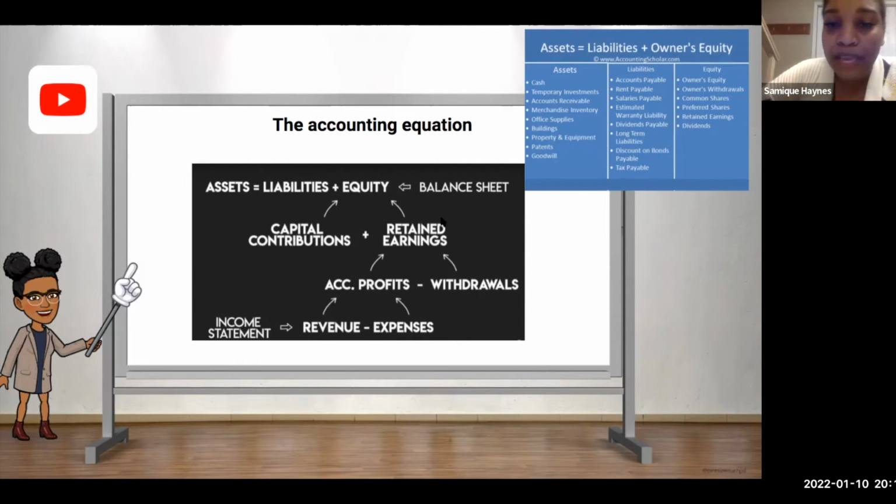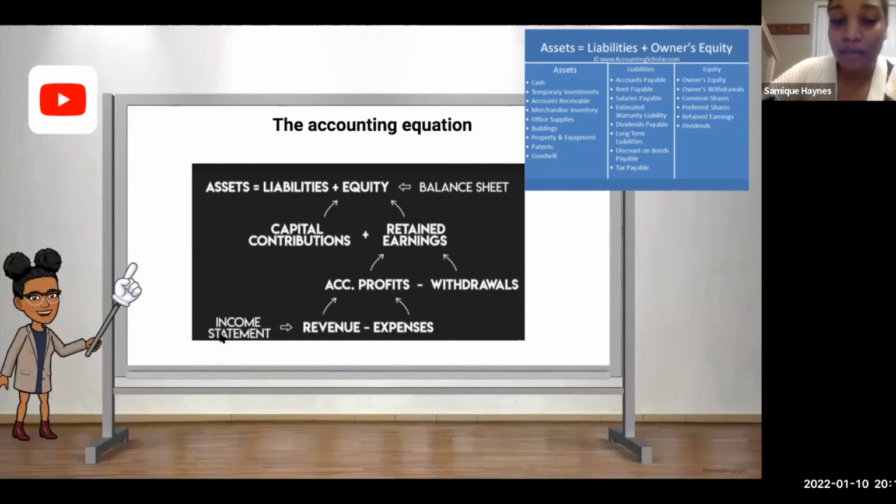So when you look at retained earnings, whenever we have revenues less expenses, we're going to create profits, right? If we have revenues and we take away expenses, we're going to have profits. That's going to make retained earnings increase. Retained earnings get bigger the more profits we make. But what makes our retained earnings go down? Our retained earnings can get smaller when owners keep withdrawing money. So if we pay dividends or if they just take out their own drawings, okay?